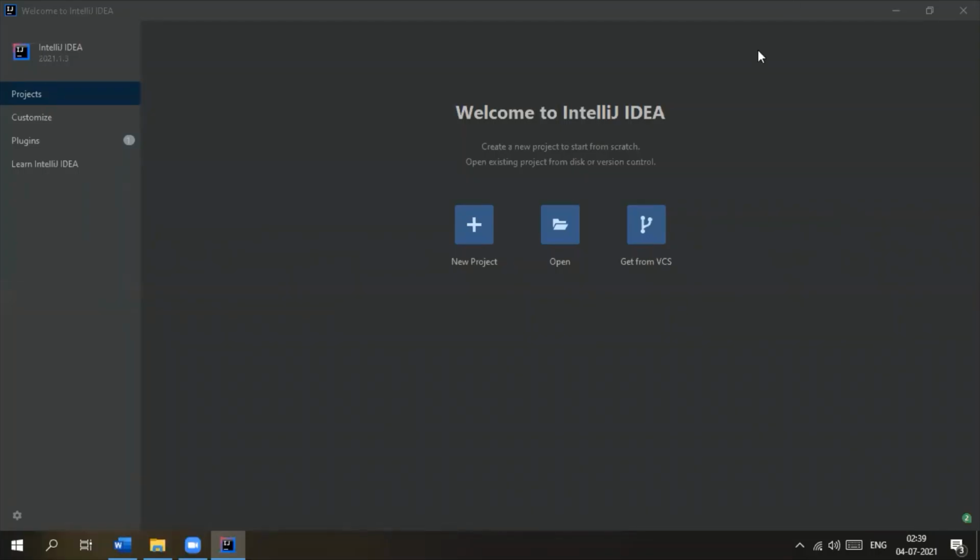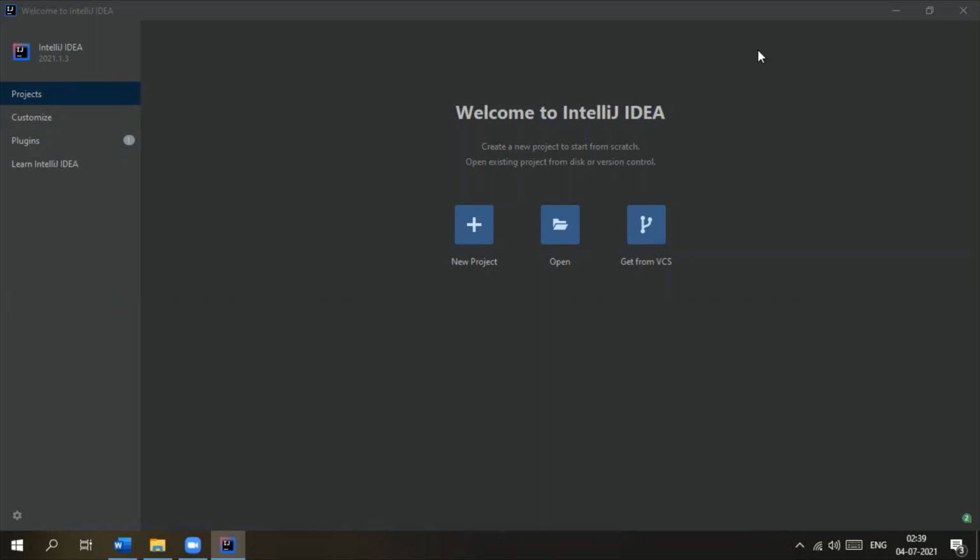Hello all. In this video, we'll be discussing how to execute applets in IntelliJ IDE. As we know, applets are deprecated from Java version 9, that is, we cannot execute any applet-based programs from Java version 9 and above. If we want to execute any kind of GUI-enabled applications, then we have to work only upon the Swings.